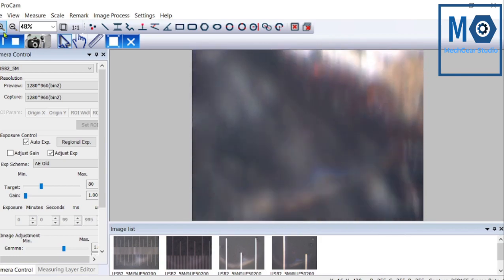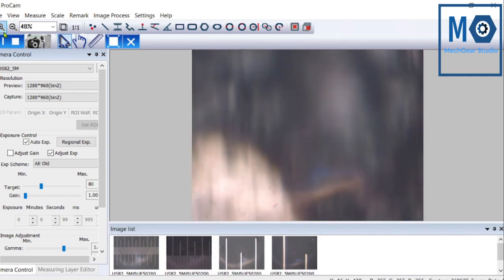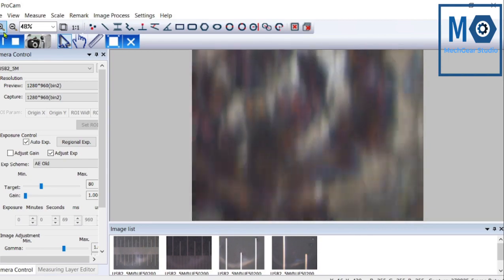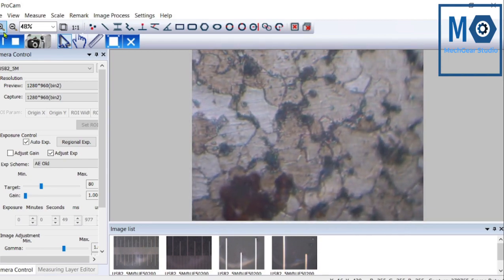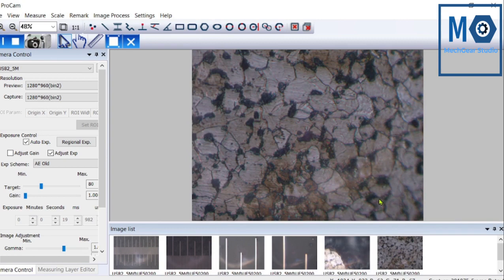So this is a totally black region. Carbon will be distributed entirely with iron particle. Suppose it is a carburizing process or nitriding, then some other alloying element will enter on the surface. So a different phase is visible on the surface. Now we have changed the magnification lower from the previous case.